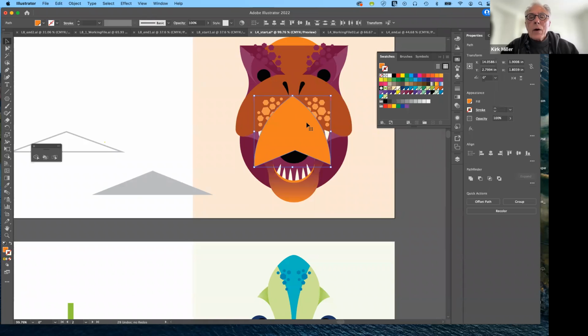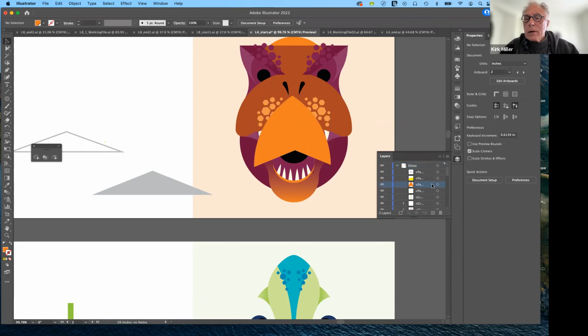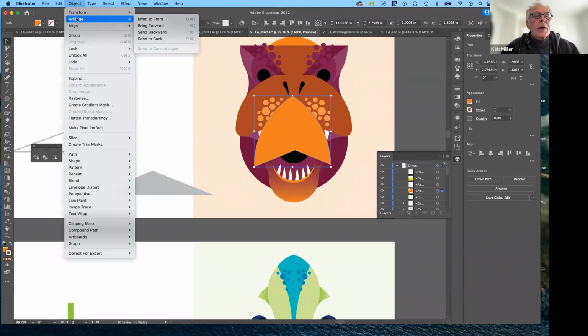But it's not in the right order. So anytime that happens, you have to bring up the Layers panel and see where it's located. And you can see that I have a couple of different shapes selected here. I don't want that. I just want this one selected. Okay. And now I can either move it from here, or I can move it downward like so. Another way to do that is to go to Object, Arrange, and you can send it all the way